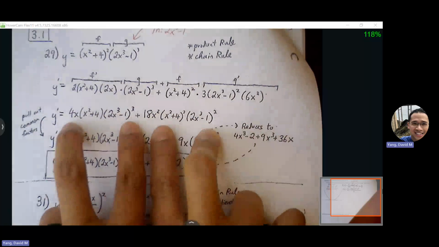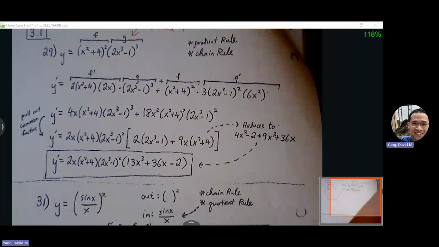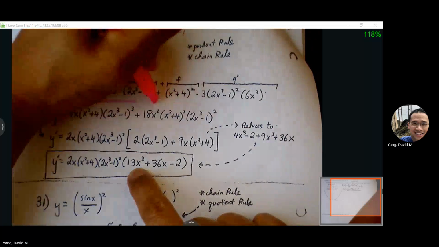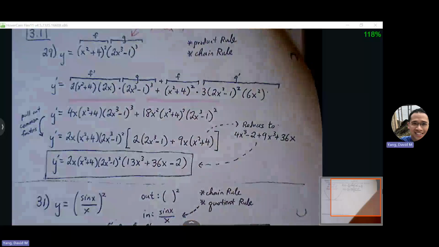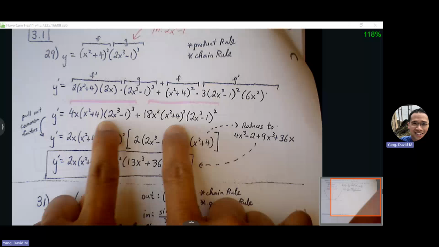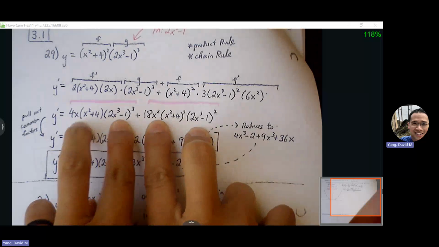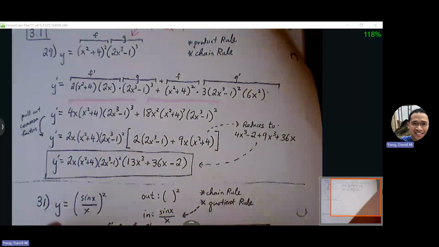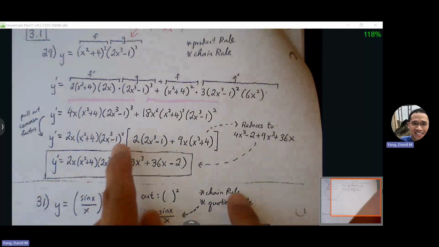So from here, I got to this section here. Now, if I can look at these and just find what is common between these two, then that can speed up our factoring process because whatever is shared between these two, I can just pull out and then I can combine the rest a